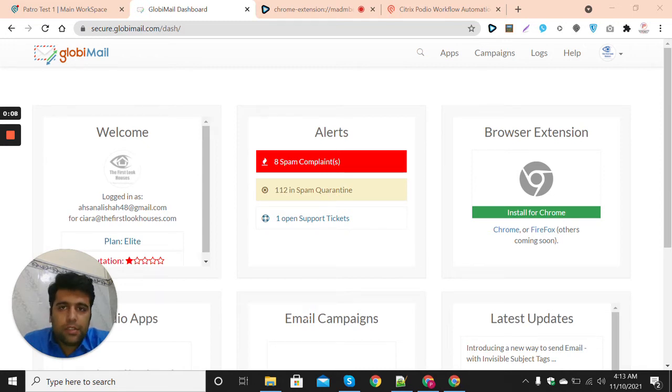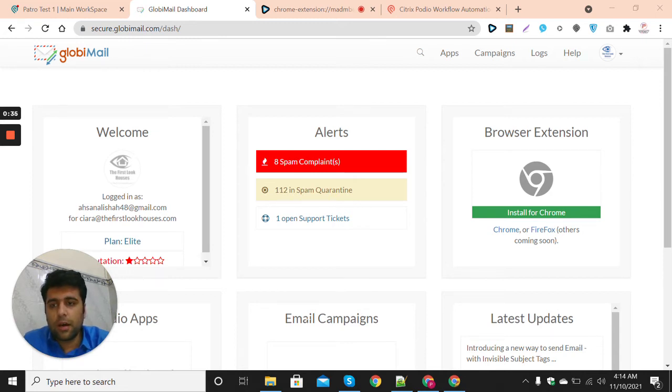Mail is an email marketing tool which is used for sending email campaigns to contacts which are present in Podio. A lot of my clients and real estate agents are using email as a tool for lead generation. At the same time, there are some clients who are using it for sending flyers to the cash buyers database which is present in their system.